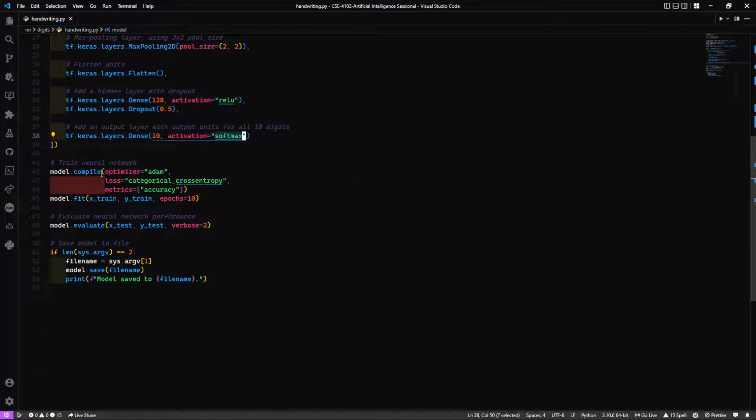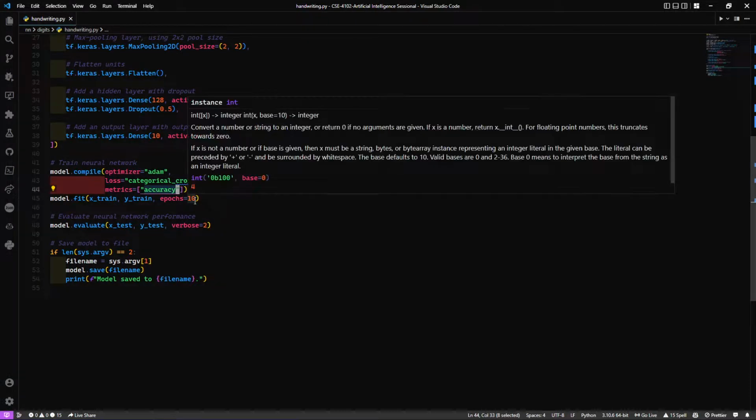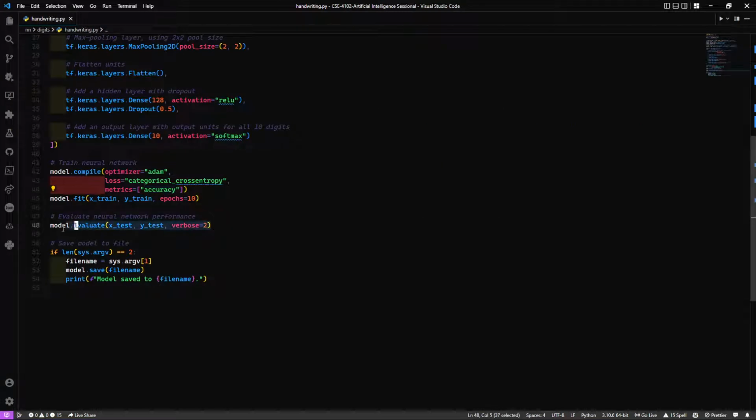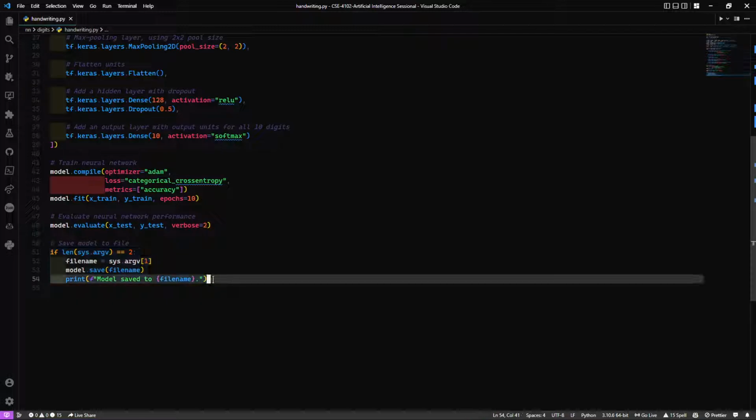Then we compile the neural network using the Adam optimizer, and the loss function being categorical cross entropy, and the metrics are accuracy. Then we feed our model with 10 epochs or 10 iterations, and we evaluate our model, and if we finally give our file name in our arguments,